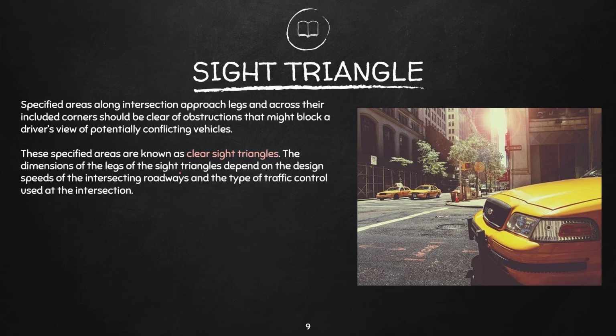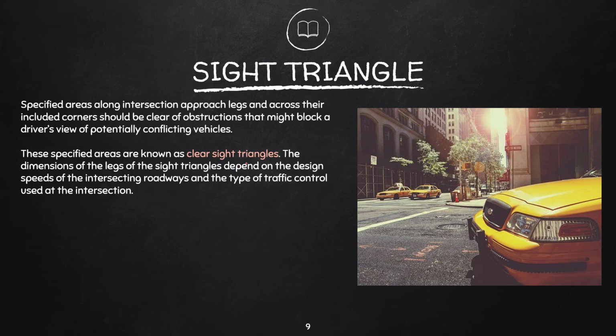These specified areas are known as clear sight triangles. The dimensions of the legs of the sight triangles depend on the design, speeds of the intersecting roadways, and the type of traffic control used at the intersection. Of course, sight triangles should be